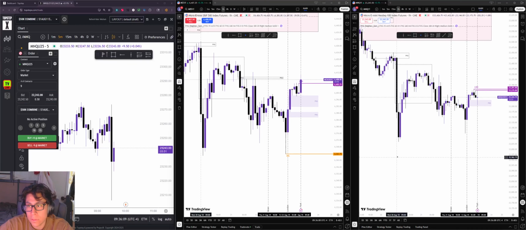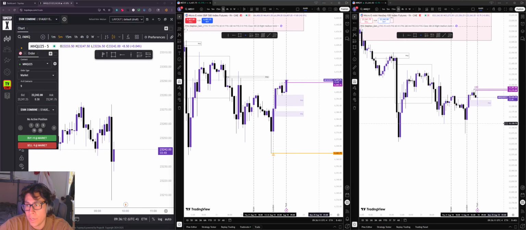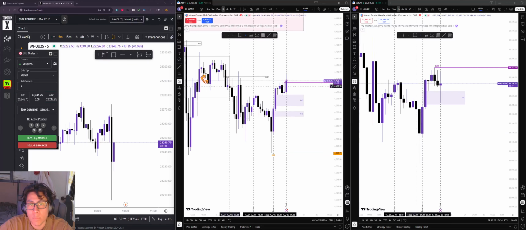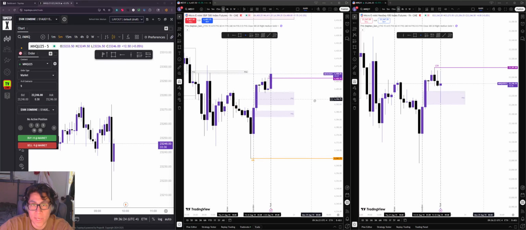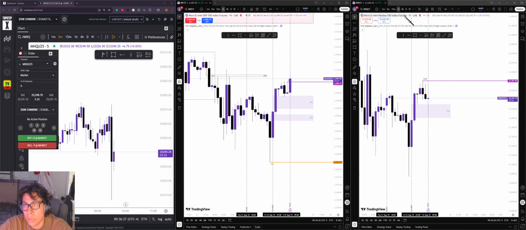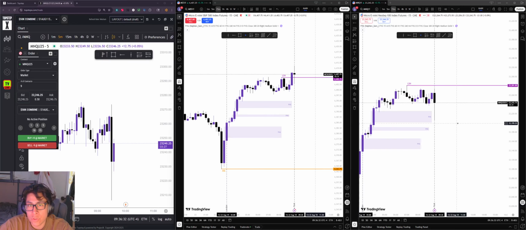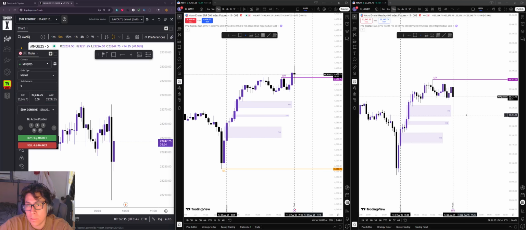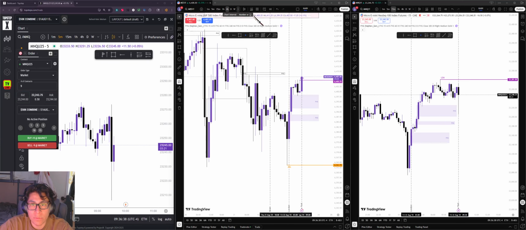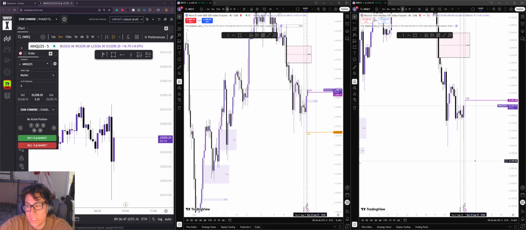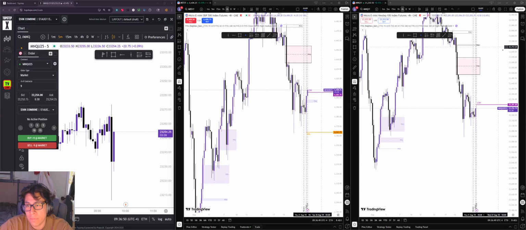We took out London high up here, and we failed to take out London high in MNQ, but we took it out in MES. So I think maybe we're looking at a possible divergence right here. Yeah, I think what I want to look at is possibly coming back up to this. Well, we took out this liquidity sitting here and here. And in MNQ, we didn't go fully down, and we still have this FEG, which we haven't respected just yet.